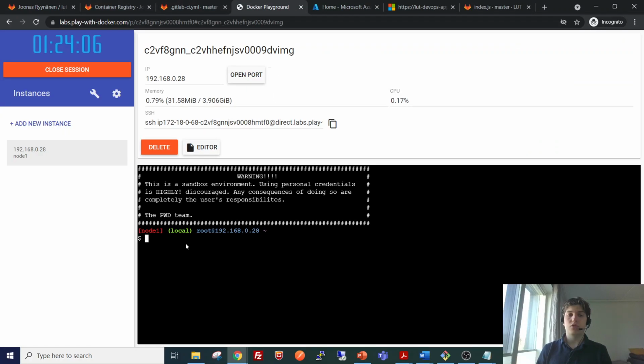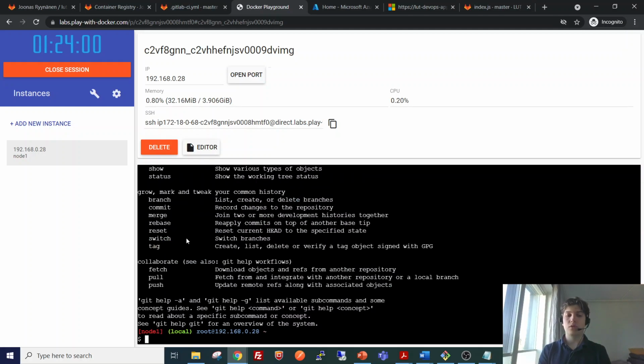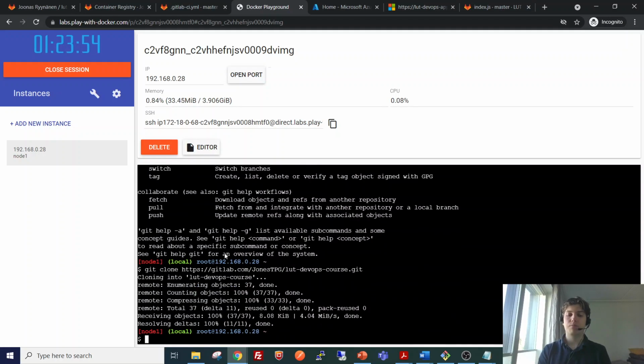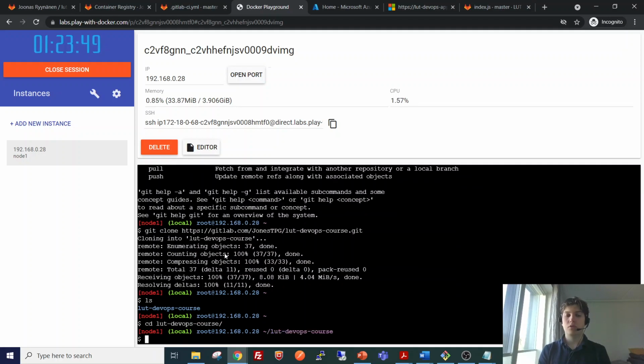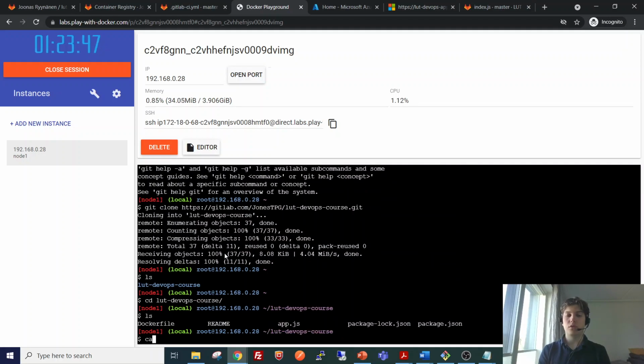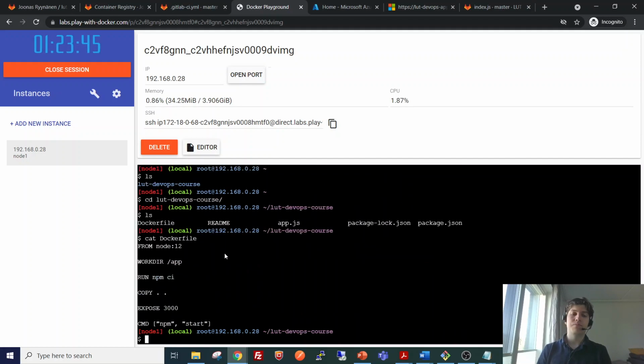So let's go ahead and first see. Yes, we have Git here. So we are going to clone our project. Then see what we have here. We have the Dockerfile here.